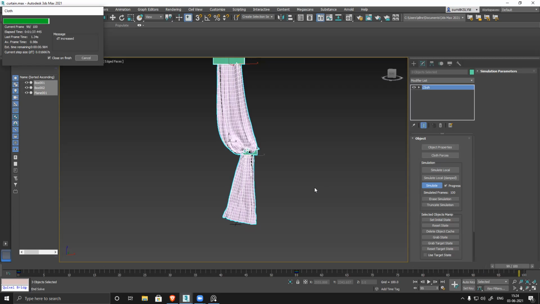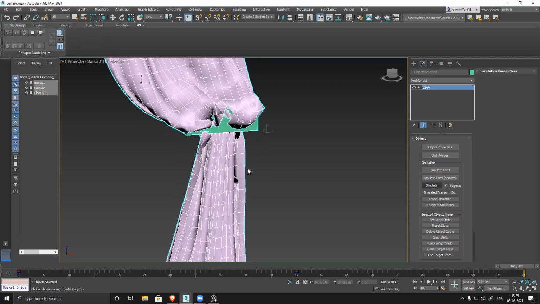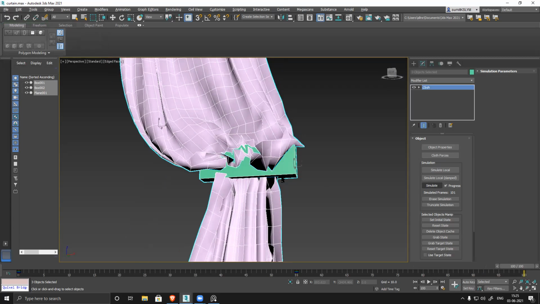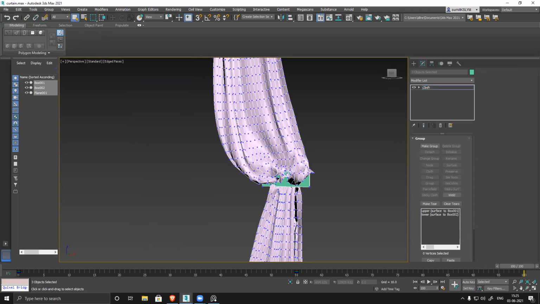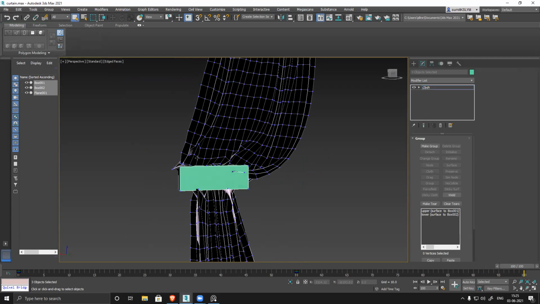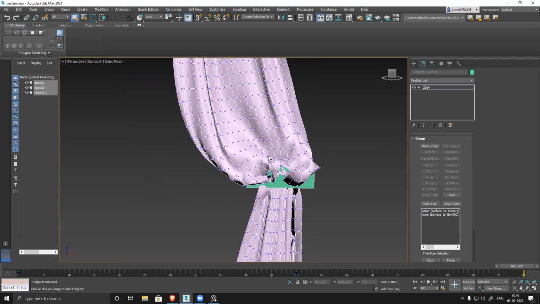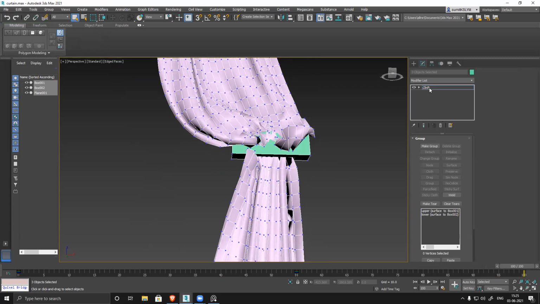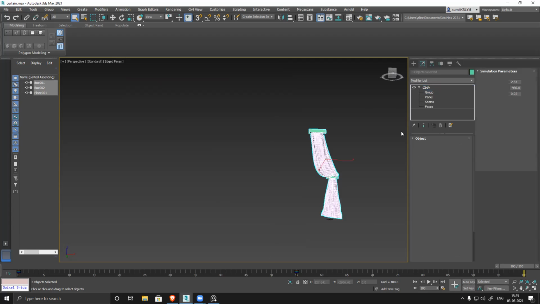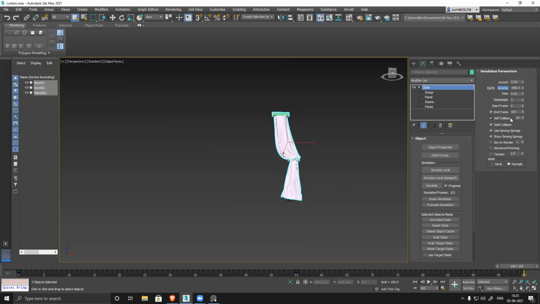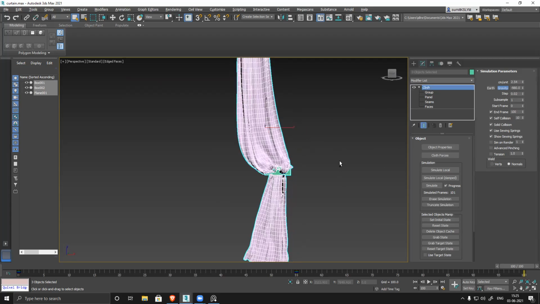Wait, let's see. Okay, it's simulated. Let's see now. So this thing is happening. This is your problem, right? Yes, sir. Reason one is that your mesh doesn't have enough polygons, so that's why it's doing this. And one more thing to check. Self collision is on, correct? And the rest of the things are correct.